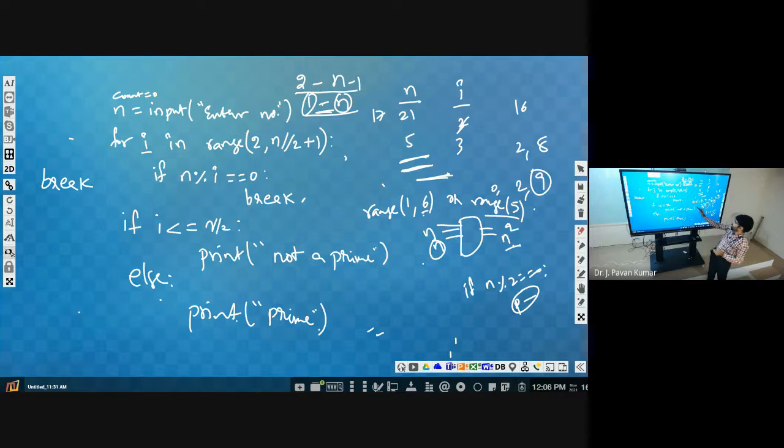Write that. Whatever the 3 statements, that is taking the input, checking whether it is even or not, then printing this. These 3 statements we have to enclose in a loop. So prior to this, we need to have a loop. Got it? Now you write. No, you use for loop only.